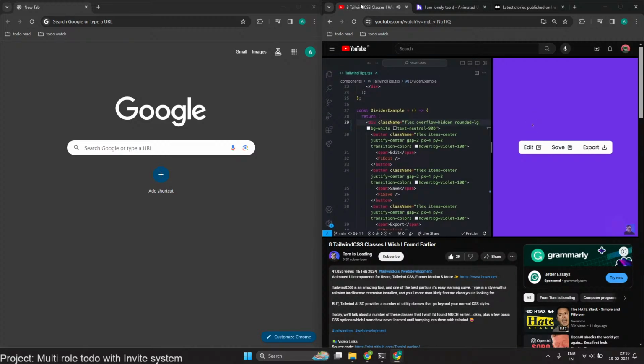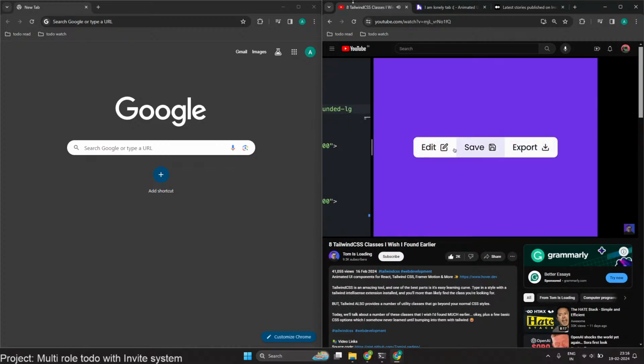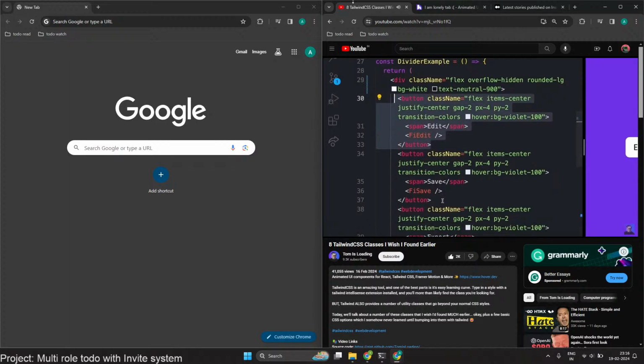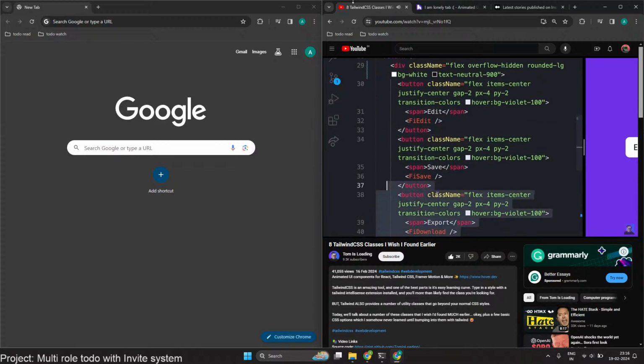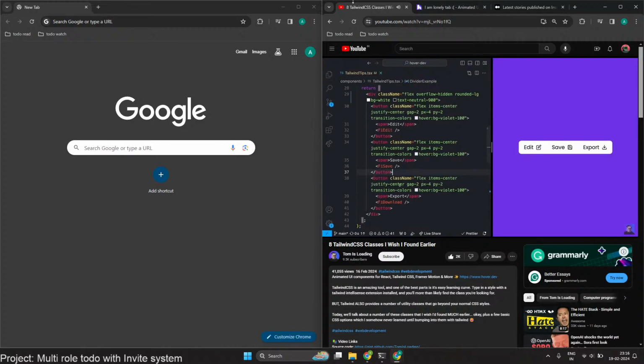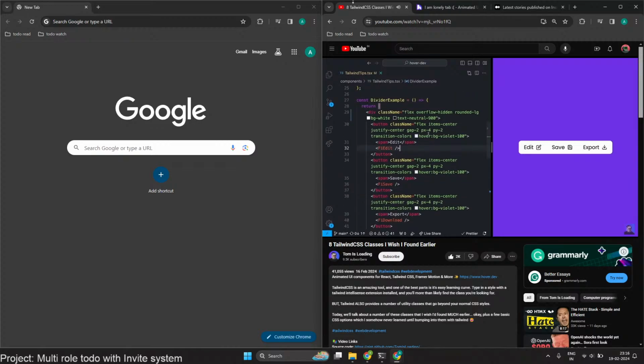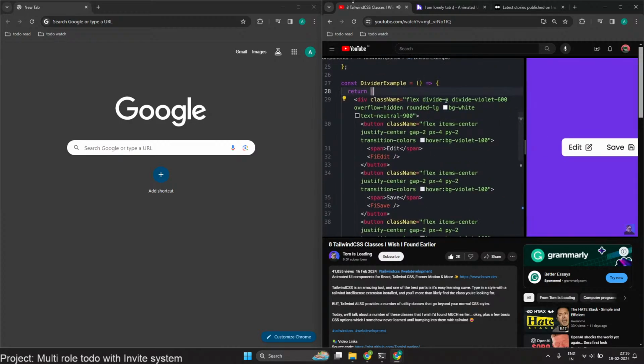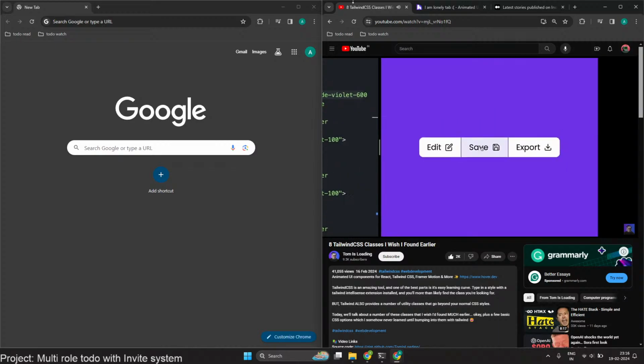An example of when this could be useful would be something like this. So I have this button group with 3 separate buttons, and I want to have borders between each of them. Obviously, I could go through and just add a new border to each one of these, but that would be tedious because whenever I wanted to add a new button into this button group, I would have to add another border as well as consider whether or not I want borders on the edges, and it just gets a little bit annoying. So instead, what I can use is the Divide utility. I'll just come up to my main div up here and add a divide on the x-axis as well as a divide color. So mine is divide violet 600, and saving that will give me an output that looks something like this.